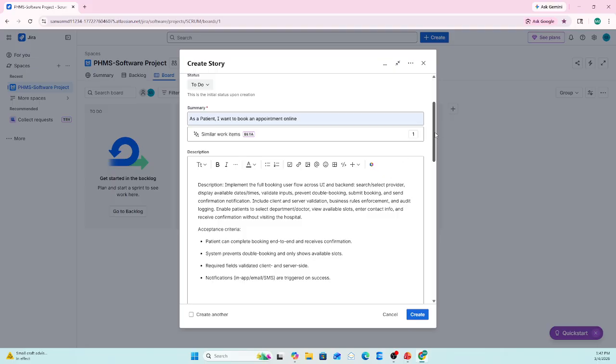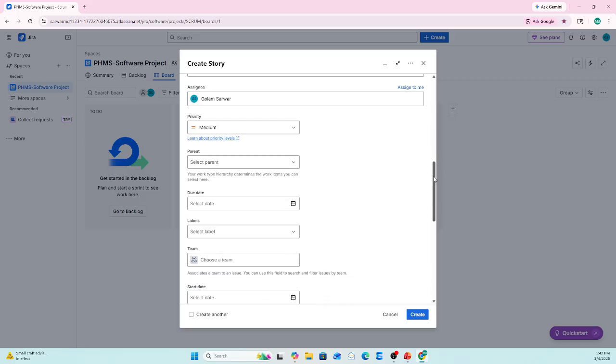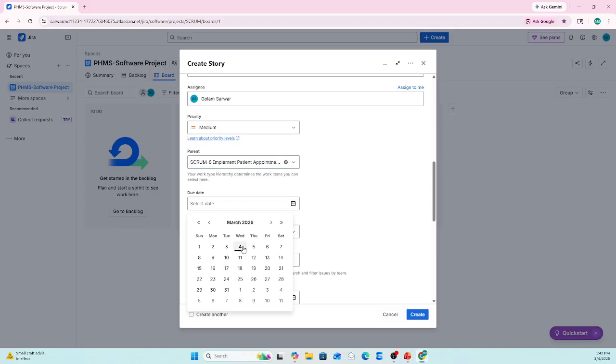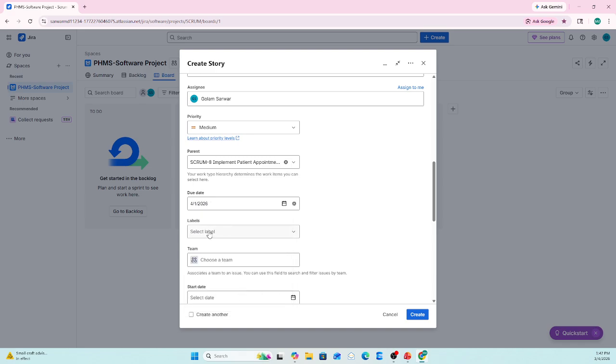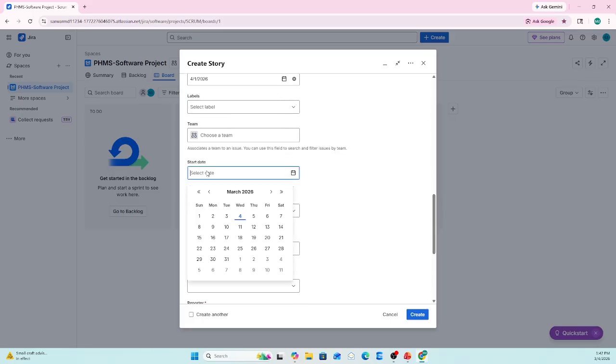Now, it's also assigned to me because we don't have any other user right now. You can keep the priority medium. Now see, we can link our epic here. You can put the start date and due date the same, 5 weeks, and no level here. The start date can be the same,